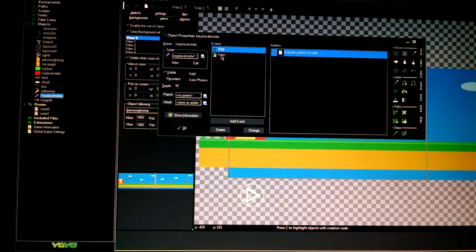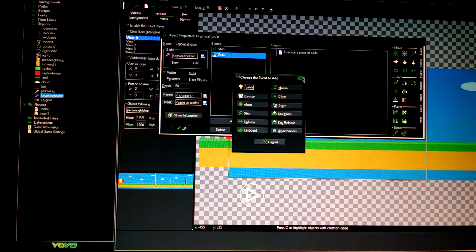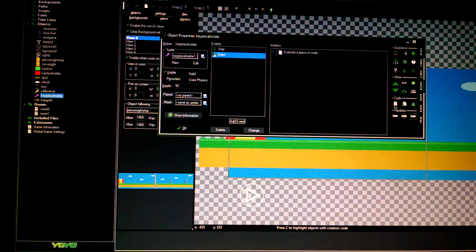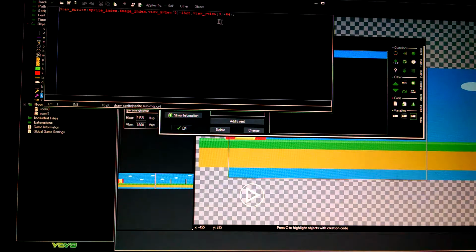All right, and you also have to have a draw event or add event. Click on the draw event, bring over a coded sheet, and then you can put the same information in, but it's going to be draw_sprite(sprite_index, image_index, view_xview[0] + 1528, view_yview[0] + 64);